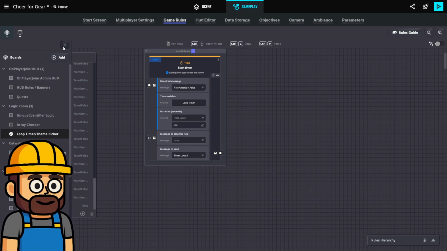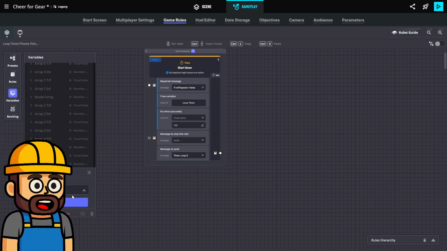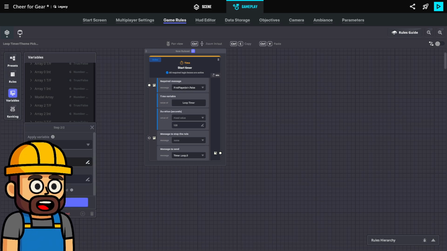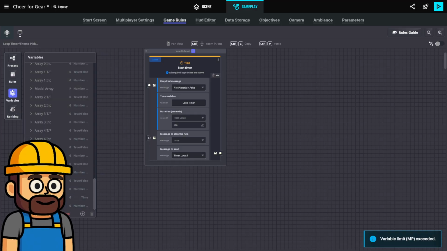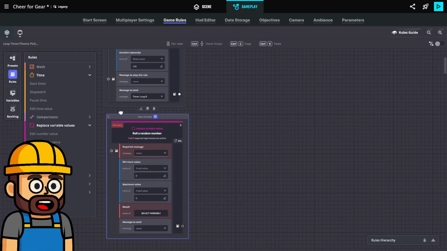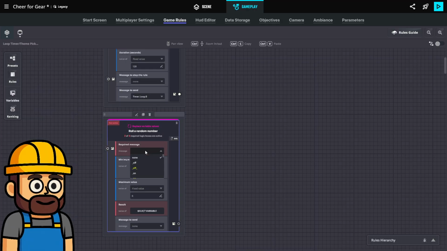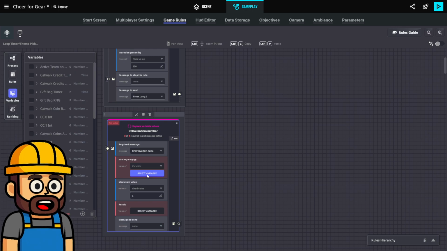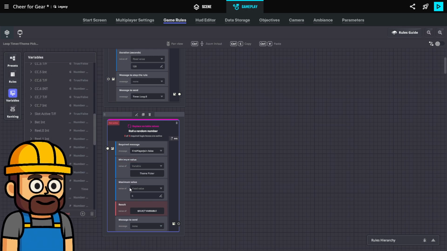Okay, so let's create a global integer called the theme picker. And so we're going to start a 2 minute timer, and we're also going to roll a random number on the first player join. First player join false. So the first time somebody joins, we're going to take a variable, which is the theme picker. Let's just do